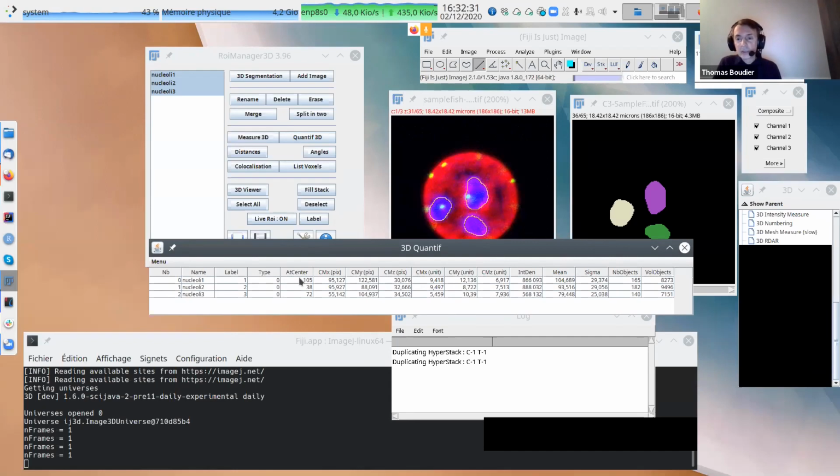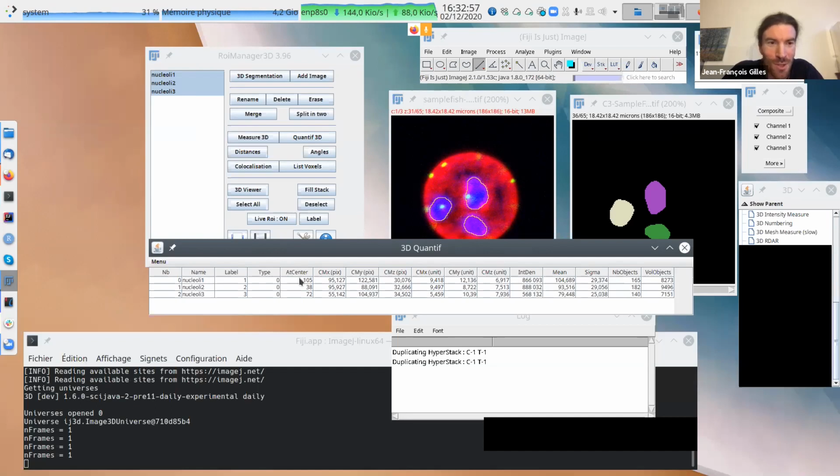So it's the geometrical center weighted by the intensity. So if the intensity is not homogeneous, the center of mass may be different from the geometrical center. So the center of mass is weighted by the intensity. It's attracted by the intensity. The more intensity,